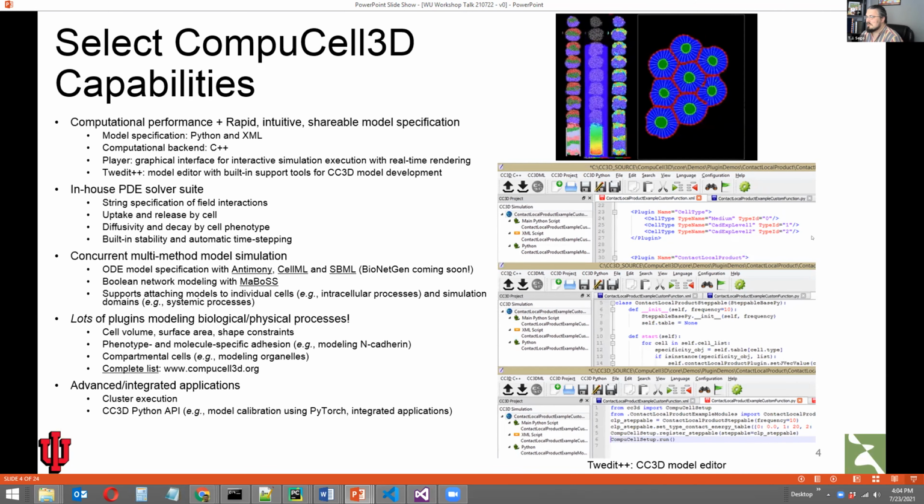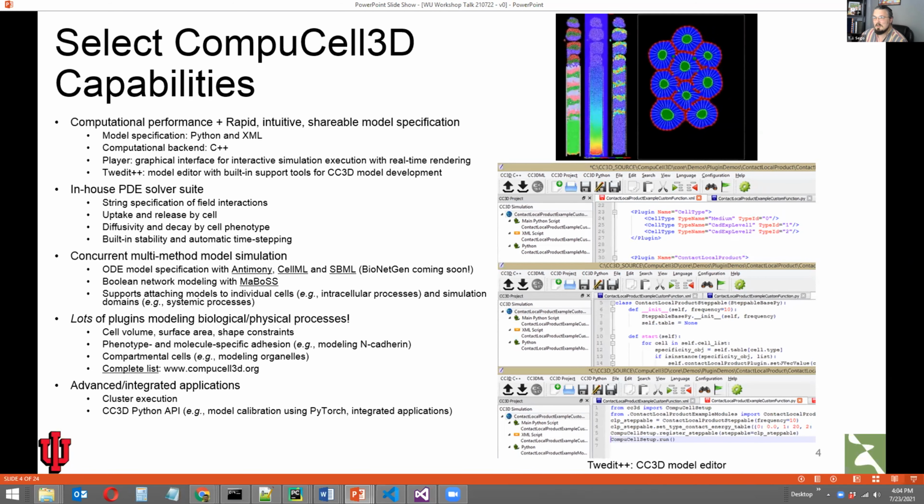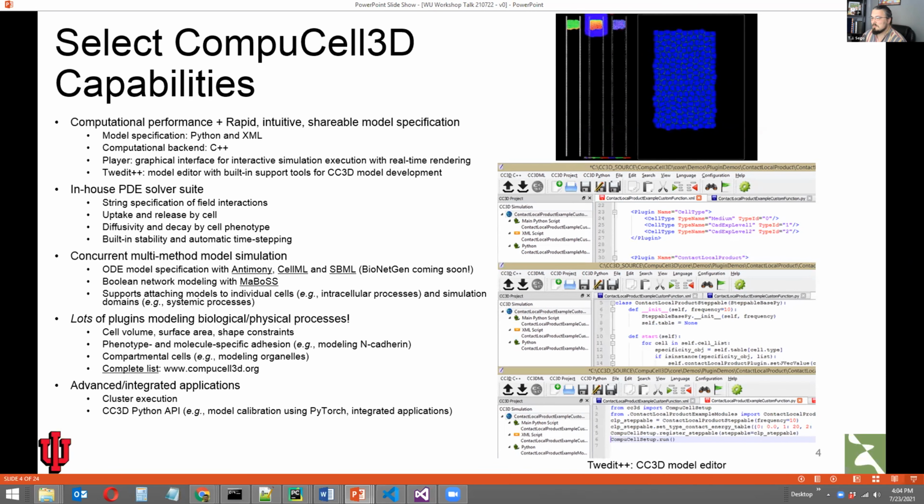And so Twedit supports a lot of that model development because there's a lot of functionality. This is just a brief list of some of my personal favorites here on the left. And Twedit boils that down to pointing and clicking on buttons and links and so on and so forth to help you generate those models very quickly and focus more on the biology as opposed to the actual coding.